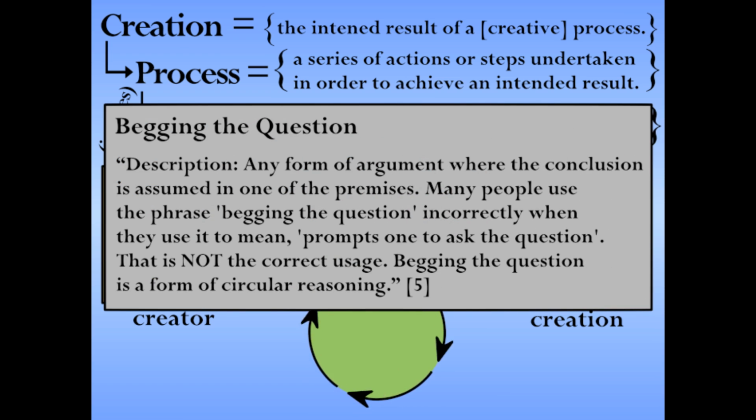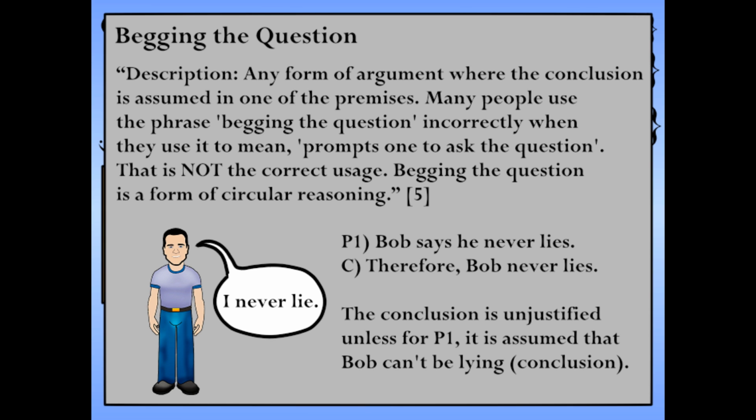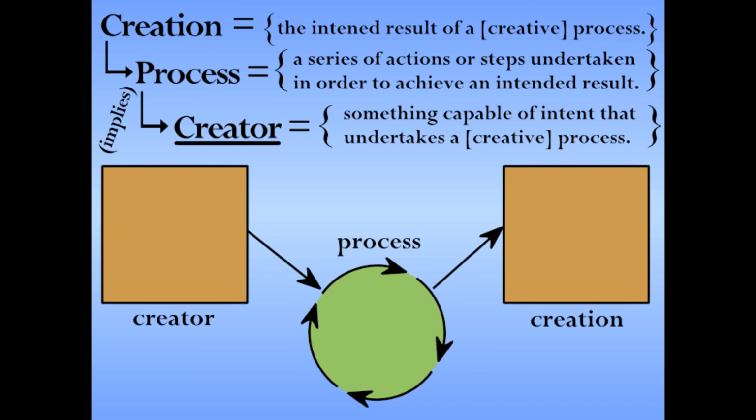Put simply, begging the question means that the conclusion of an argument is already being assumed by the premises of that argument. Another simple example of this logical fallacy would be to claim that Bob never lies because Bob said so. By using Bob's own statement to support the conclusion, I'm already assuming he's necessarily telling the truth, when in reality, if he was lying to me right there, I could have come to the same conclusion. Alright, and we're not done yet.